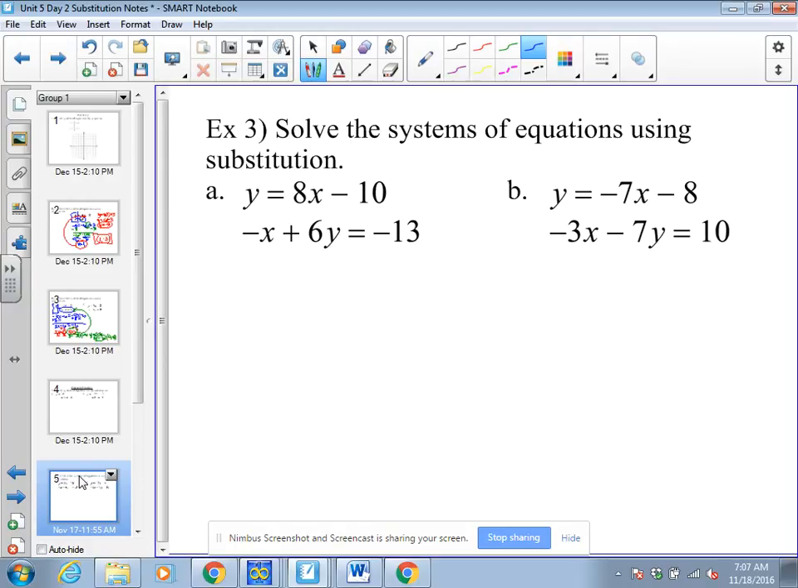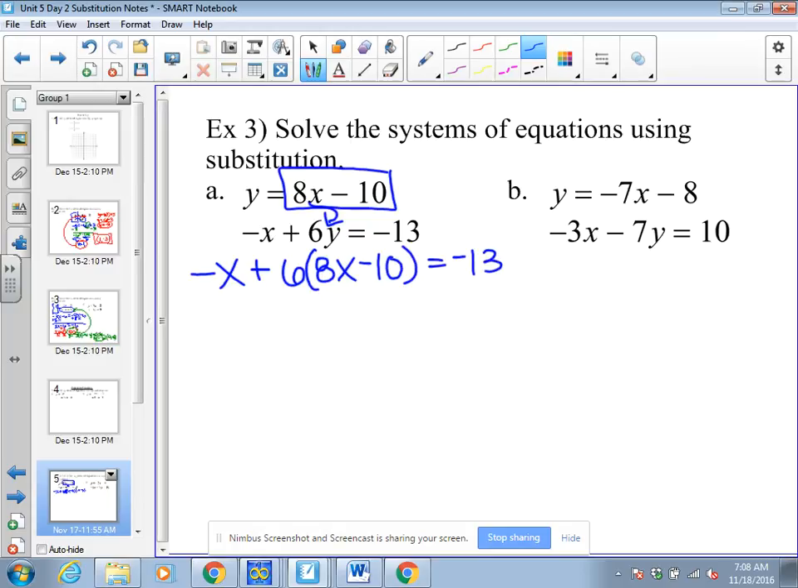So in those first two examples, they gave us two equations in slope-intercept form. This time they give us one equation in slope-intercept form and one equation in standard form. So we have to sort of add a step to this. What we're going to do is take our equation in slope-intercept form, y is equal to 8x minus 10. And since that's equal to y, I'm going to plug in that whole thing for y into my second equation. So here's what this is going to look like. I'm going to have negative x plus 6 times 8x minus 10, since that is y, and just plug it in,